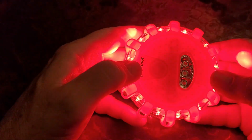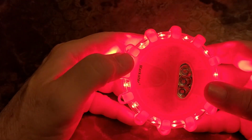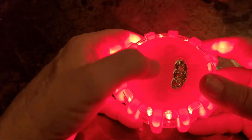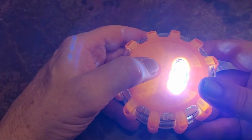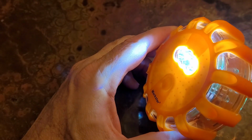Push it again, you get high, all lights on, steady. Push it again, you get low, steady. Push it again, you get a flashlight. I timed each mode except this flashlight, and I'm going to show you the results of how long each pattern